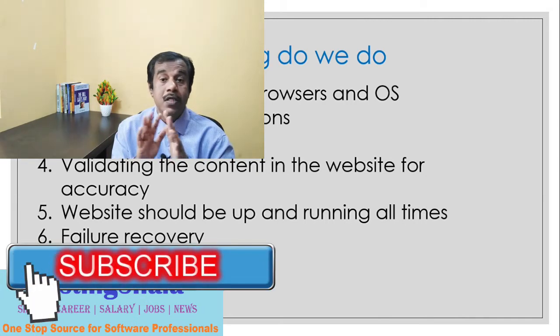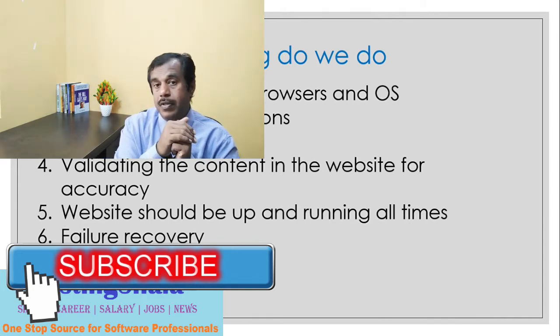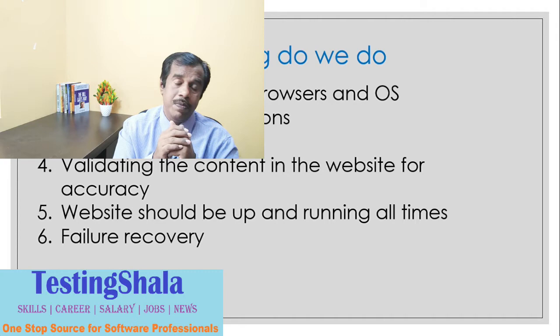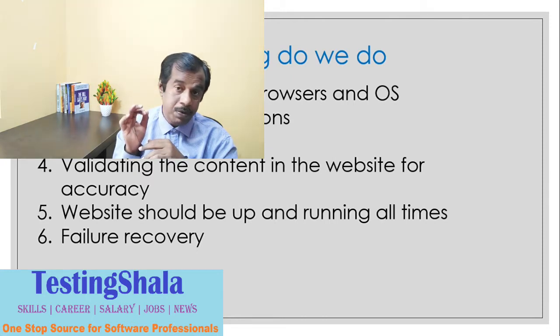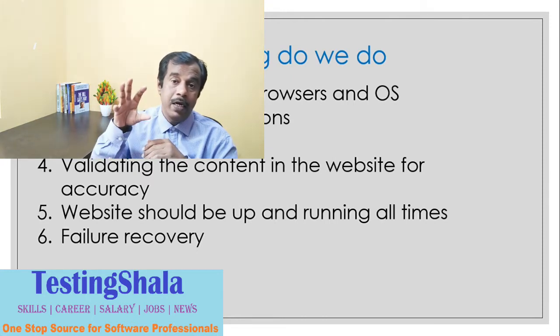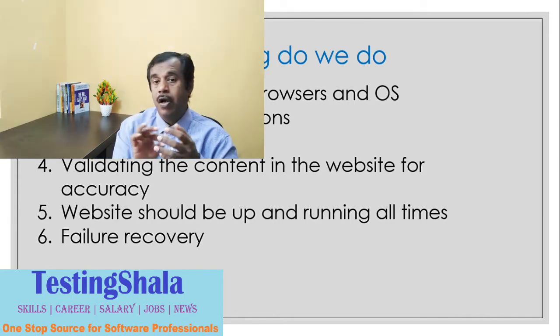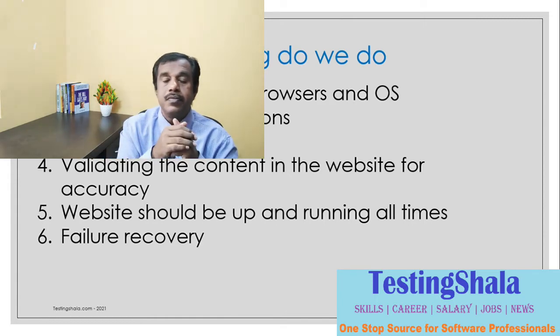You should work seamlessly. Then, the sixth important testing type we normally do is failure recovery. Failure recovery is very important. In case it crashes, let's say when you are trying to do order processing, you buy 10 products and put them in the cart and you're trying to enter all your credit card details, everything, then you press the buy button or pay button.